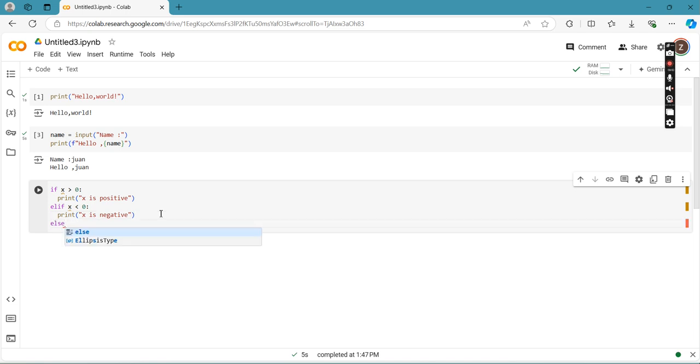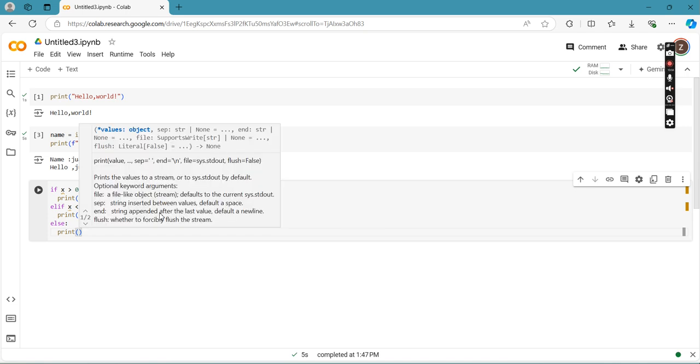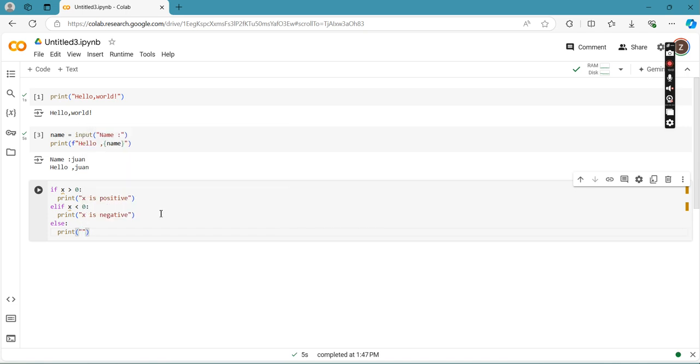Then else, I'm going to print, if it's not negative or it's not positive, then x is 0. Okay?